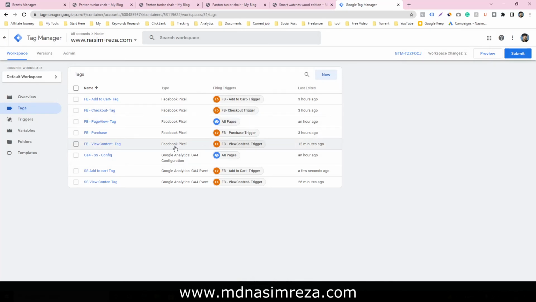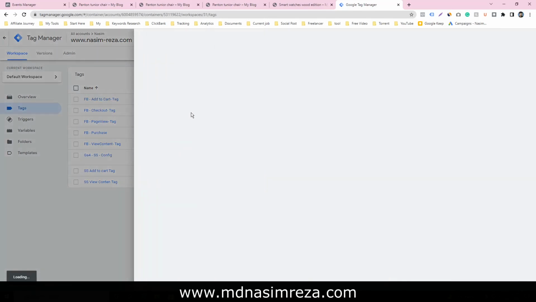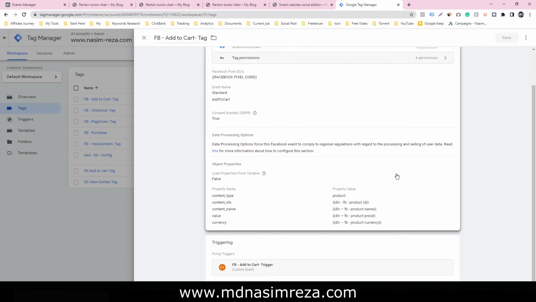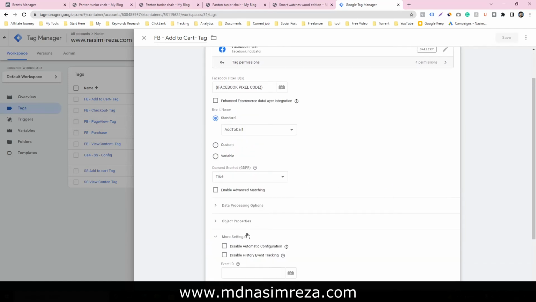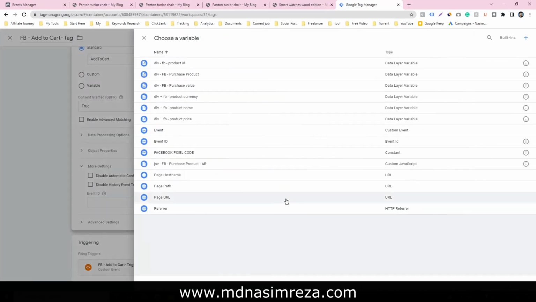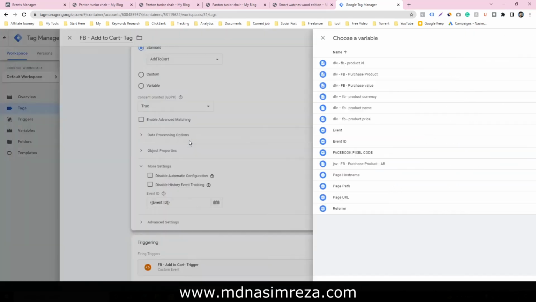And we have to do one thing, because in our previous add to cart we didn't select the event ID, that's why we have to select it. Just go on more and select the event ID.